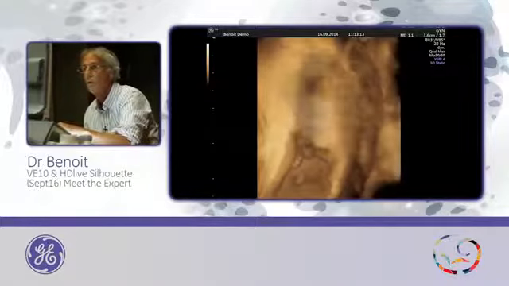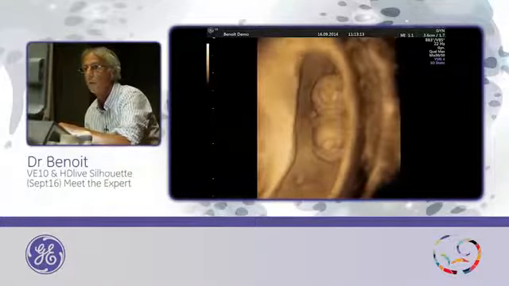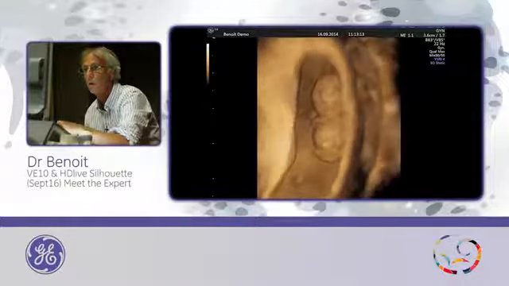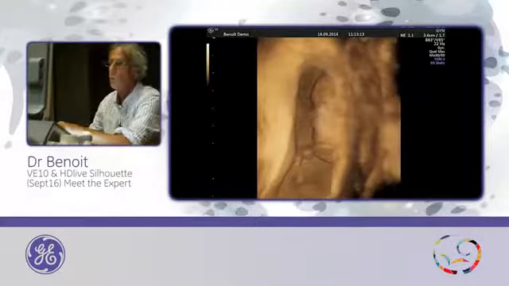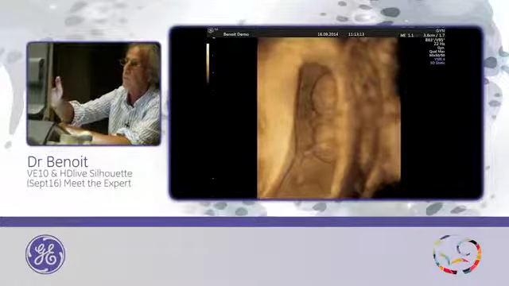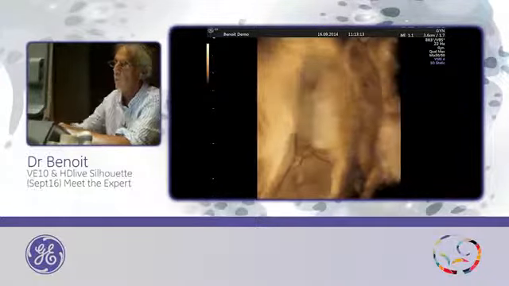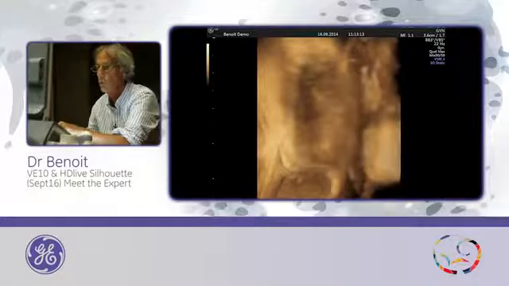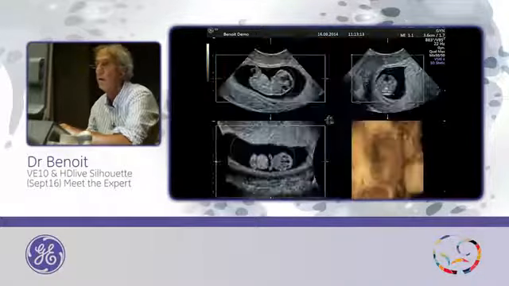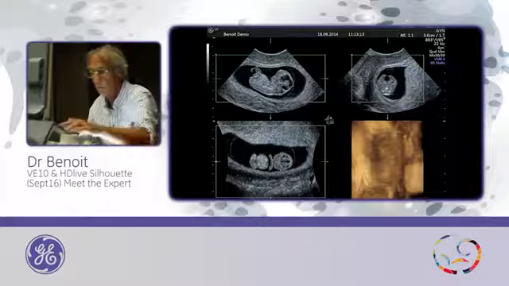And you have to move inside. And here, this is the embryo. But if you want to use it with a classic surface mode, you have to move inside or use magic cut to cut around. And with the new HDlive, it's easier because you can start with